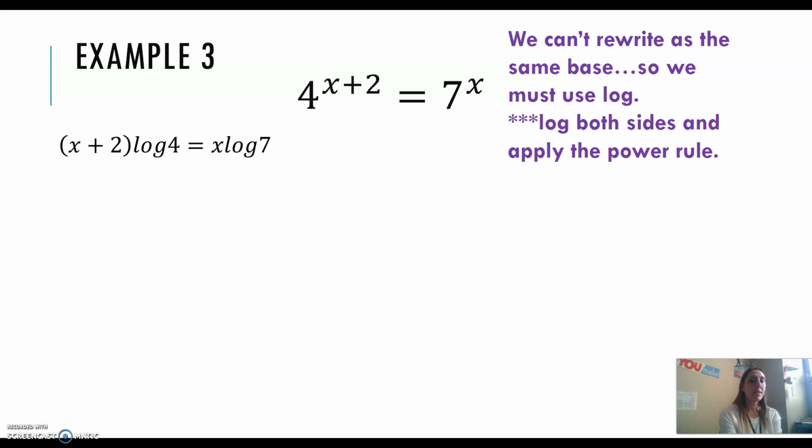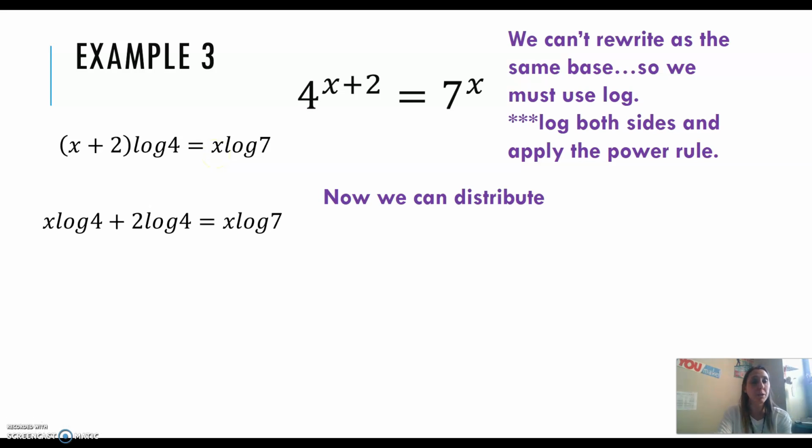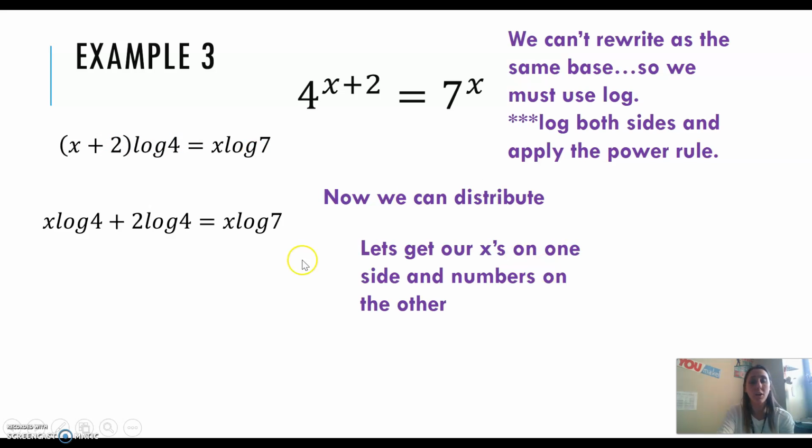Since we have the power rule there, we have the x in the front on the right-hand side, which is different than the last one. We are going to go ahead and distribute. So when we distribute, I get x times log of 4, 2 times log of 4. Then we need to get all of our x's on one side, all of our numbers